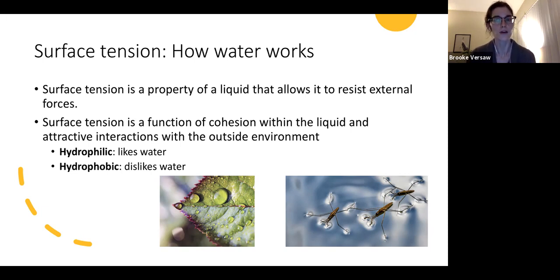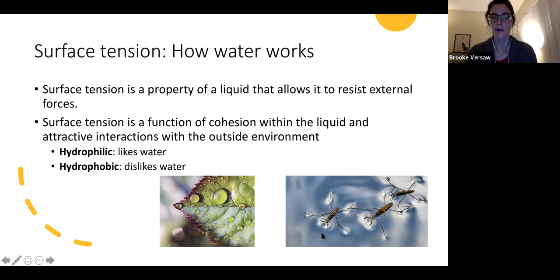And in terms of water, we usually describe that as either hydrophilicity, so a substance that likes water, or hydrophobicity, something that dislikes water. You can think of that as fear. A phobia is a fear. And so things that don't mix well with water are called hydrophobic. And 2 examples of surface tension that I've shown here are things like water beading up on the surface of leaves. The surface is hydrophobic, and so it repels the water. And it's surface tension allowing the water to roll up on itself and make the droplets.